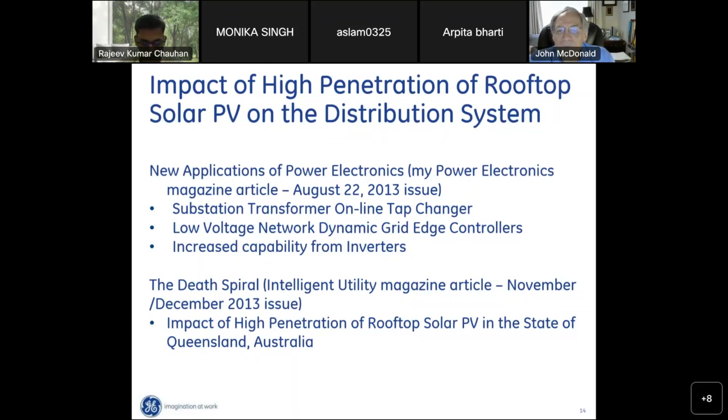But on this feeder, very quickly, over 35% of the homeowners installed rooftop solar panels. Think about this now. Because of the moisture in the ocean, there's a marine layer of fog over these homes in the morning, blocking the sun's rays. And as that fog burns off, all of a sudden all these homes begin generating at the same time. And the voltage on this feeder actually spikes, right? As soon as that sun sees the photovoltaic panels on that many homes, and they all begin generating, the voltage shoots up like a rocket. It spikes, and then it oscillates over a wide range as the sun goes in and out of the clouds,